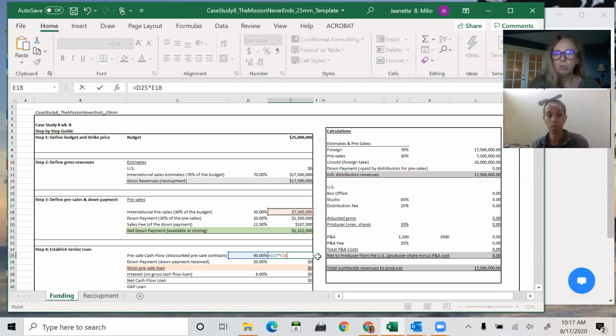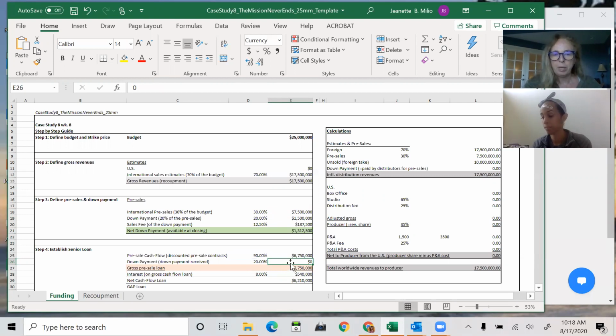So you understand we're doing the bank loan now for the contracts, right? So, okay, 90% of $7.5 million. Correct. $675,000. That's correct. So remember the down payment we already received? Of these contracts, we got a prepayment, which is the down payment. So now that the bank is giving us a cash flowing of the entire contracts of 90%, we need to, of course, deduct the money that we already received, right? Deduct the money that we already received. So we received 20%. Correct.